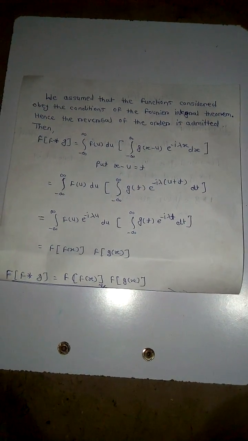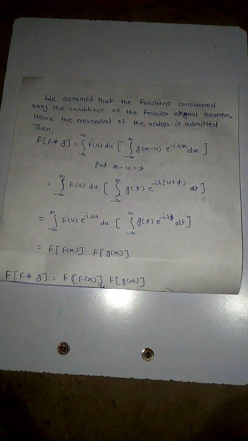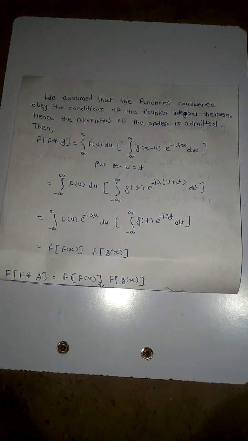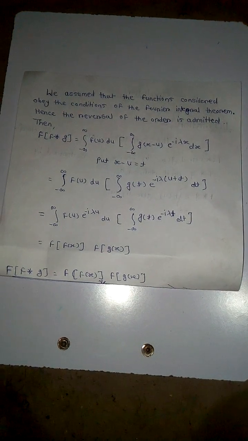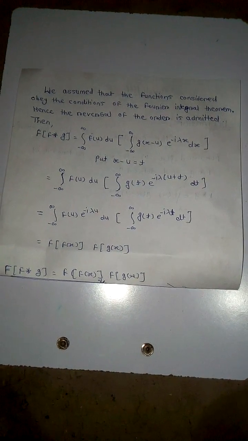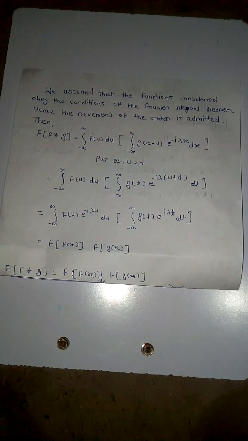We assume that the functions considered obey the conditions of the Fourier integral theorem, hence the reversal of the order is admitted. Then the Fourier transform of the convolution of f and g is equal to the integration from minus infinity to infinity of f(u) du